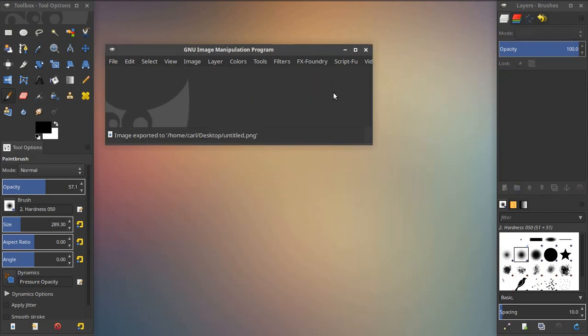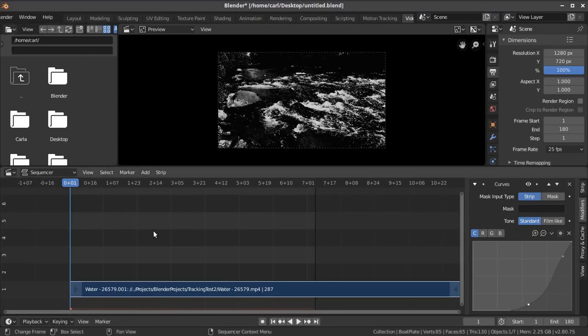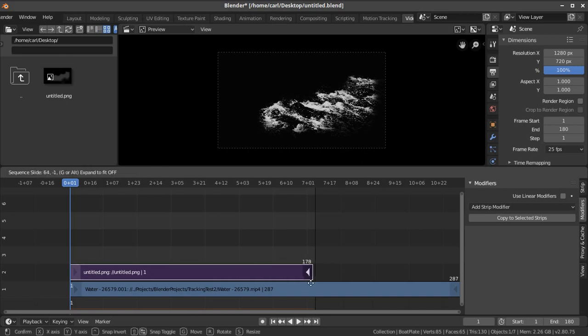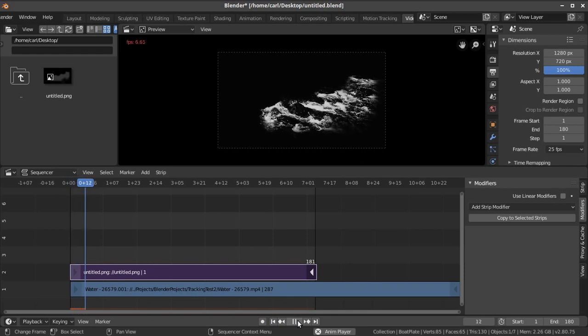We can close out GIMP and go back to Blender. And I'm going to import that image now. So we'll go to the desktop and we'll just drop this in, and we'll stretch this out. So now what we've done is we've masked out our rapids. If we hit play, we'll see that we have a nice little water asset there that we can use for